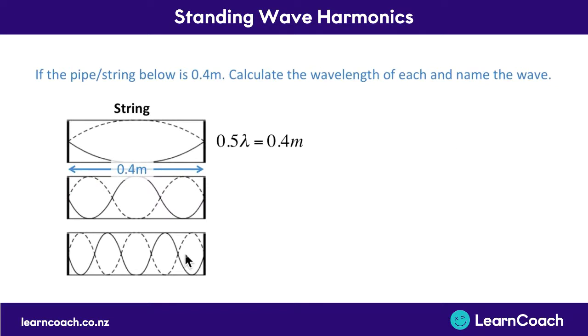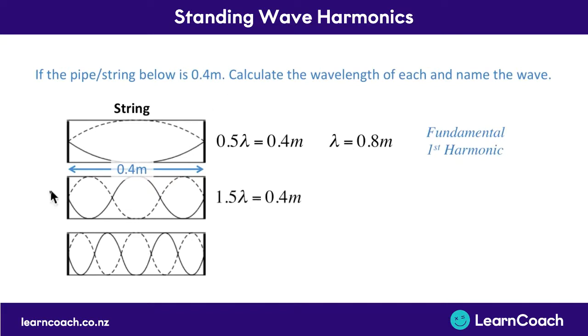If we look at a string, our numbers are going to be really similar. So again, we've got half a wavelength is 0.4 meters, therefore a full wavelength is 0.8 meters. We have our fundamental and our first harmonic. But we're mixing it up a little bit now, because now you'll notice that there's 3 half wavelengths here. So this isn't the first overtone, this is the second overtone, or the third harmonic, because it's 3 times this